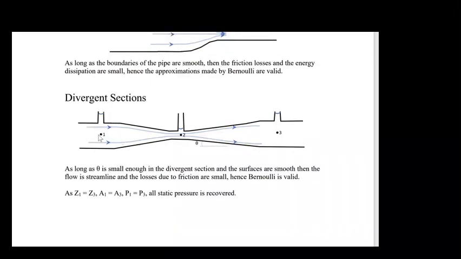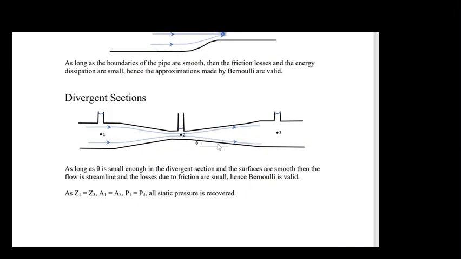The velocity at position 1 would be the same as the velocity at position 3 if the area at position 1 was the same as the area at position 3. And if that was true, the pressure at position 1 would also be the same as the pressure at position 3. As it goes through this restriction here, it increases in velocity, decreases in pressure, and